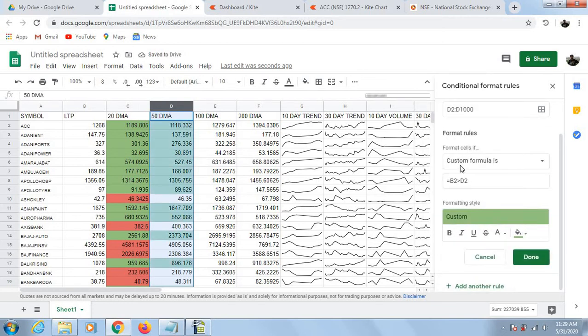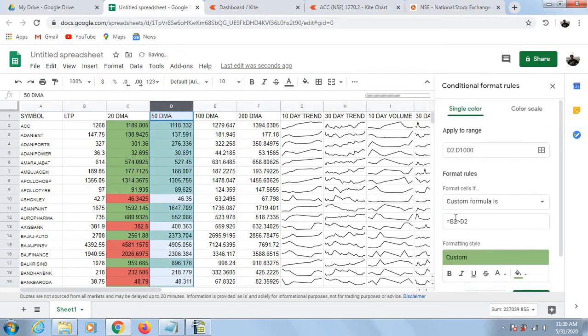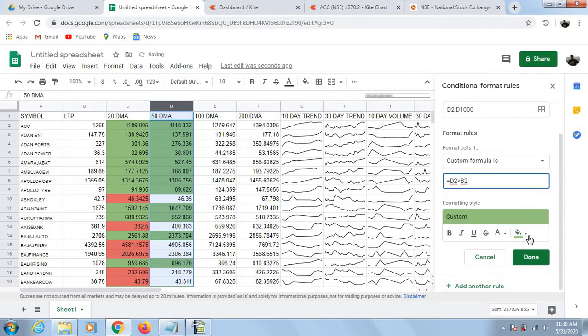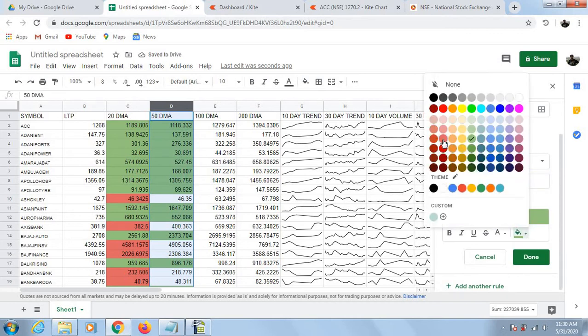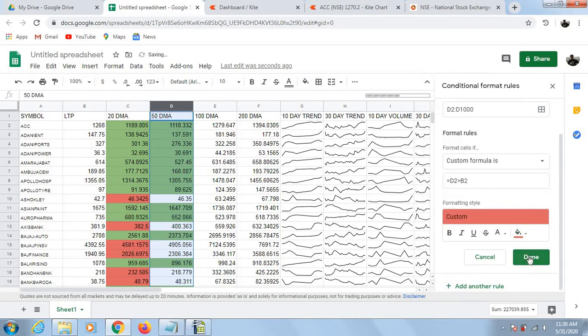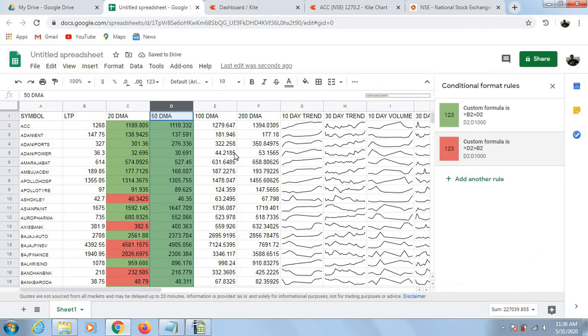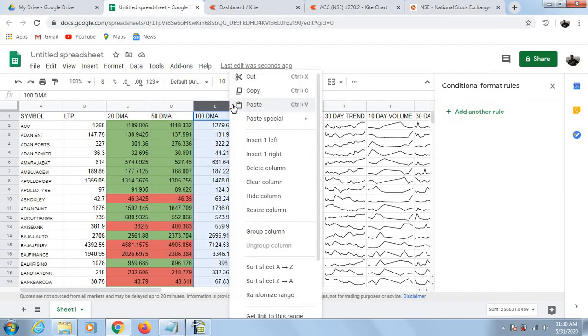Add another rule. So this time D2 greater than B2. Color code it as red. Again, for 100-day moving average, we'll do the same things.